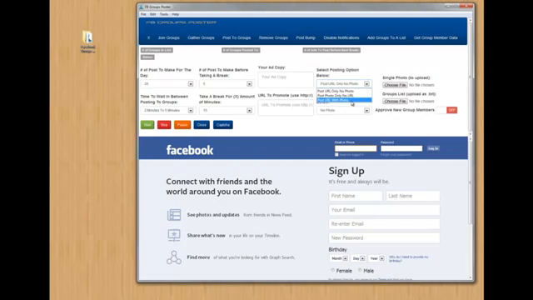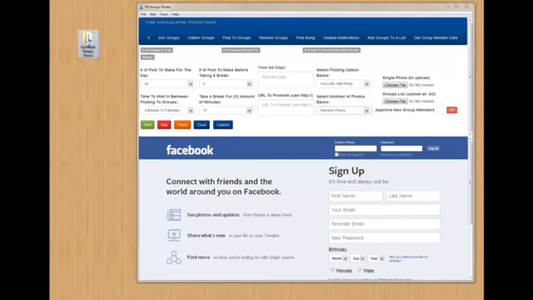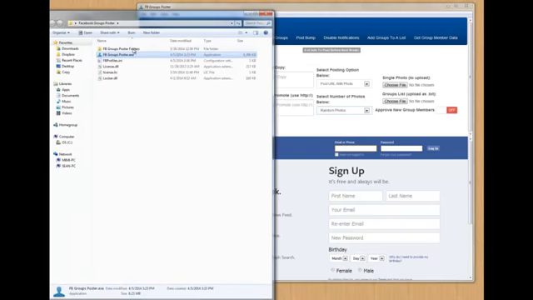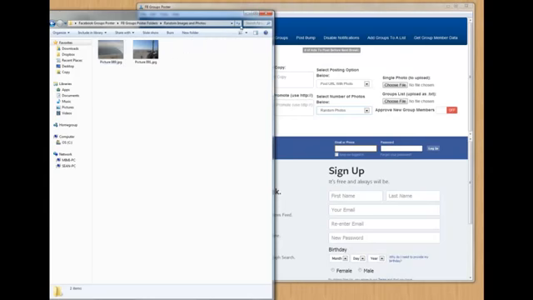You can post with a URL and with a photo. And then if you want to post with a photo, do you want to post with a single photo or a random photo? You actually have the option here inside this folder. Let me open this up, drag this over here. Inside this folder, where it says random images and photos, you can put an unlimited amount of photos in there